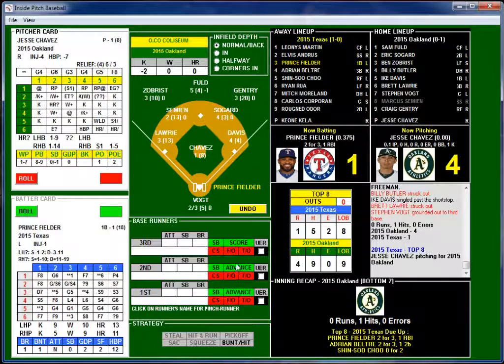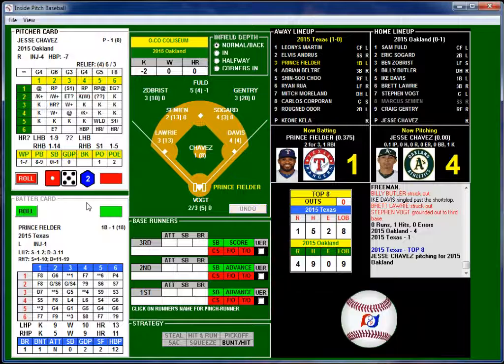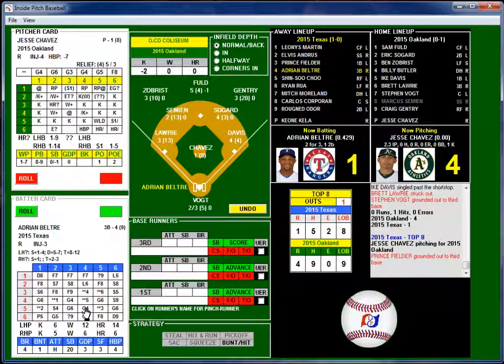Chavez, the righty, pitch center fielder, 44. 45. That's going to be a ground ball to Lowry. Out. Lowry over to Davis for the out. 1 out. Adrian Beltre. 46.